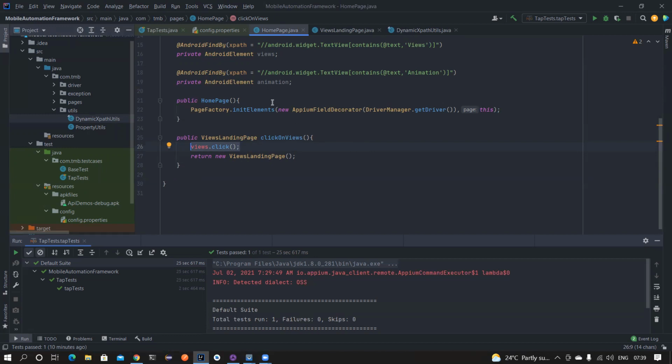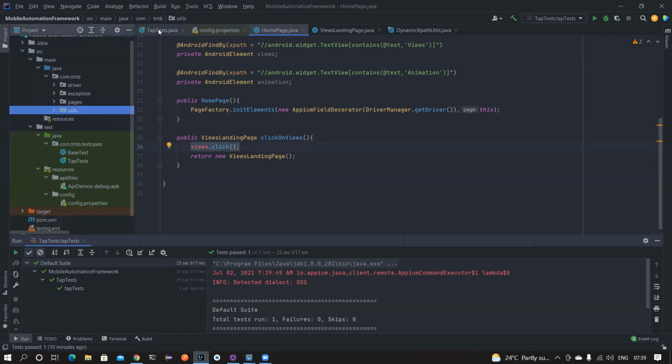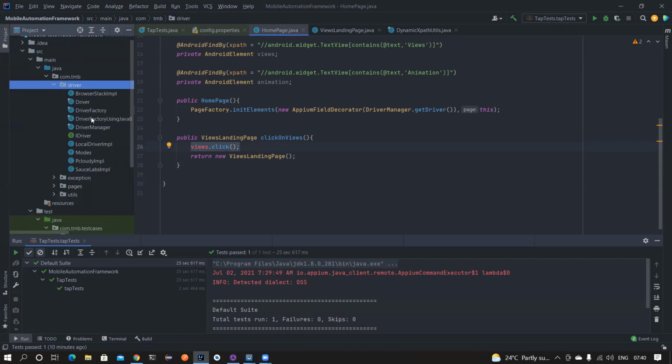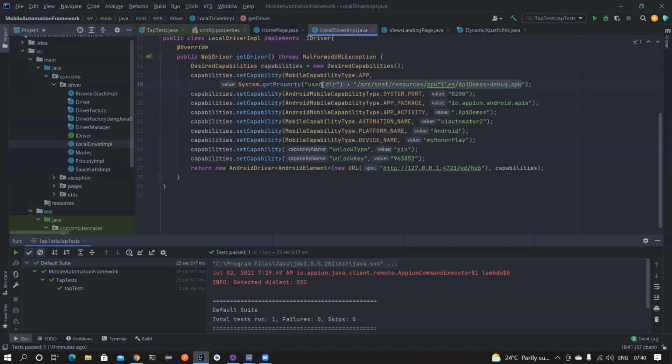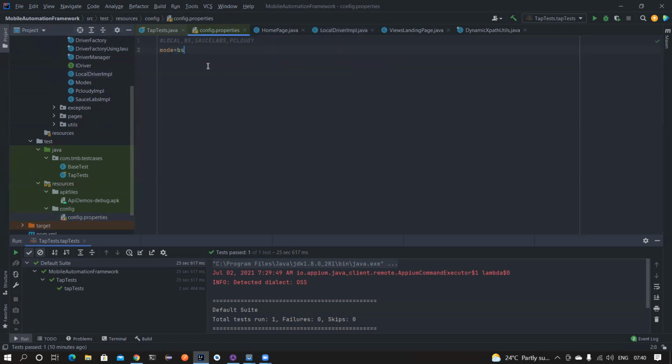We have only 20 minutes, so I don't want to stop in between. I don't want to confuse you. It will take a little bit of time, so I want to take this on the other day. In the meantime, I can cover one more thing. Let's take you have a lot of things like in your local driver implementation, all those stuff. If you notice, we are hard coding the path like this. You don't have to hard code the path like this. We have something called configuration.properties. In this configuration.properties, we should keep only the things